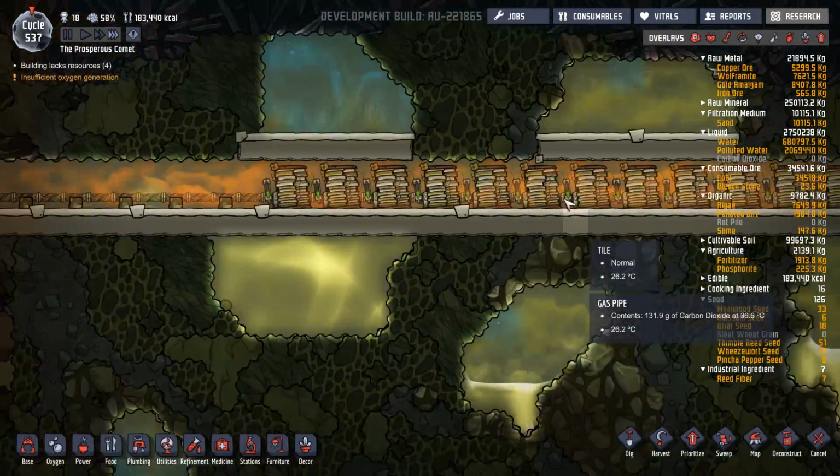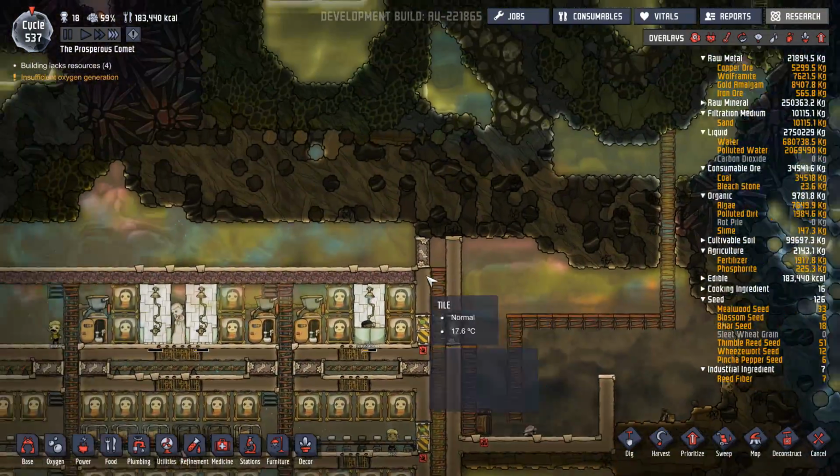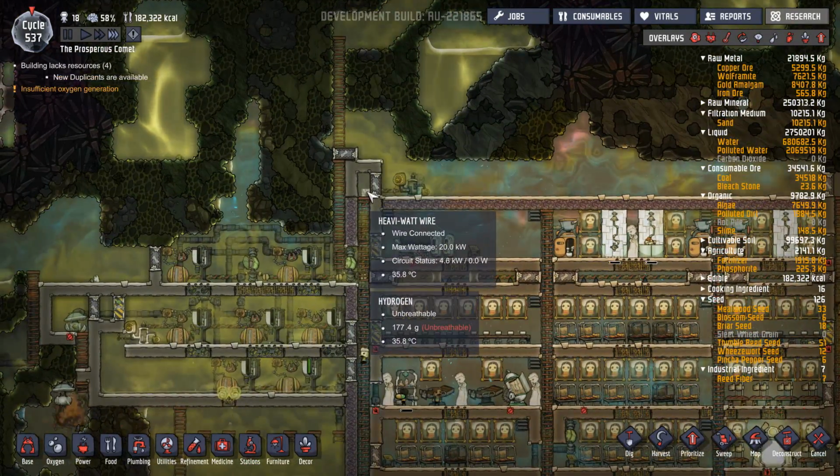So I want to mark out... Yay, there we go. Positive amount of power at last. I want to mark out some hydrogen hoods up here. It's going to mean emptying that. Now, if I empty this and it goes down that ladder here...